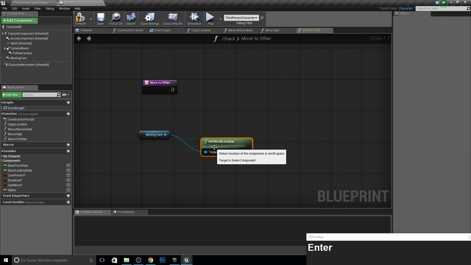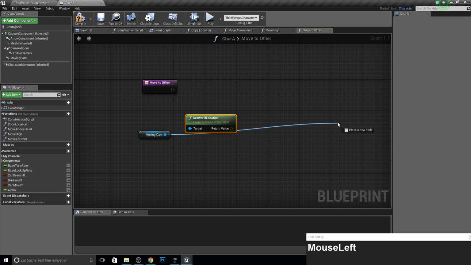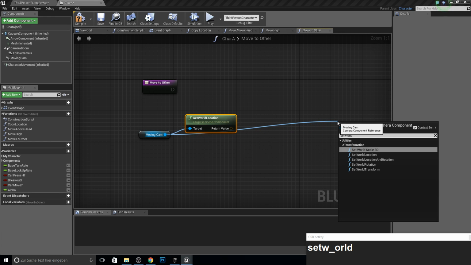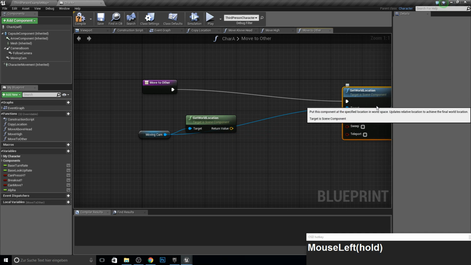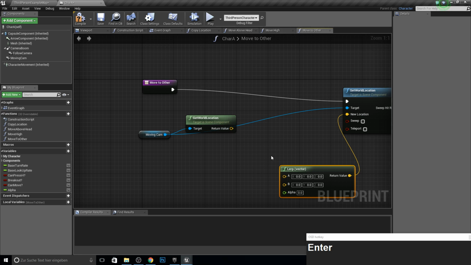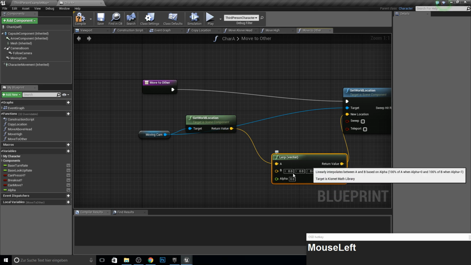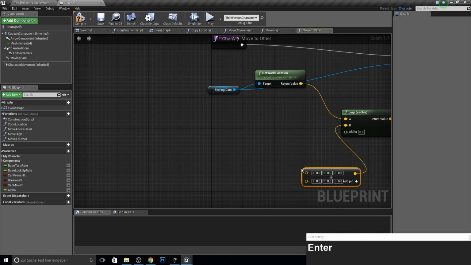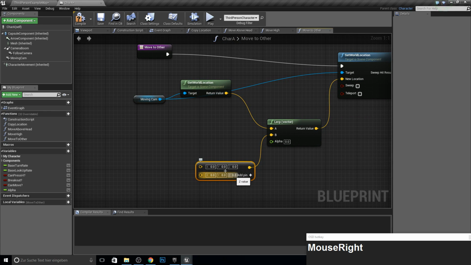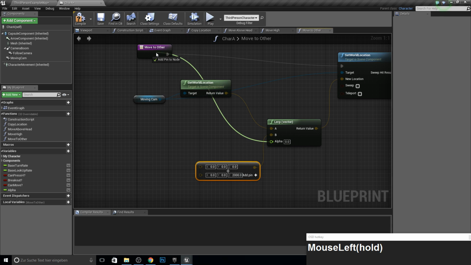So get world location of this camera, and again we want to set this world location here, and we want to lerp between two values, and we can just here add vector because we will need here this function to be done later. And of course the height is the same as before, so 2000 is the height, and let's get the alpha